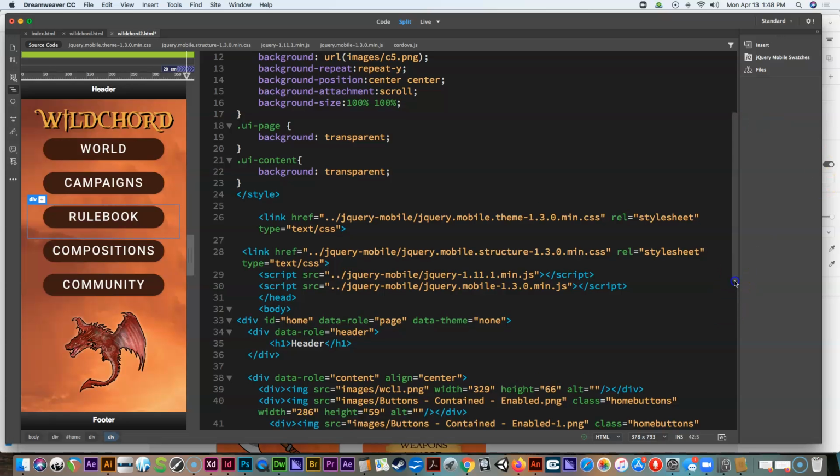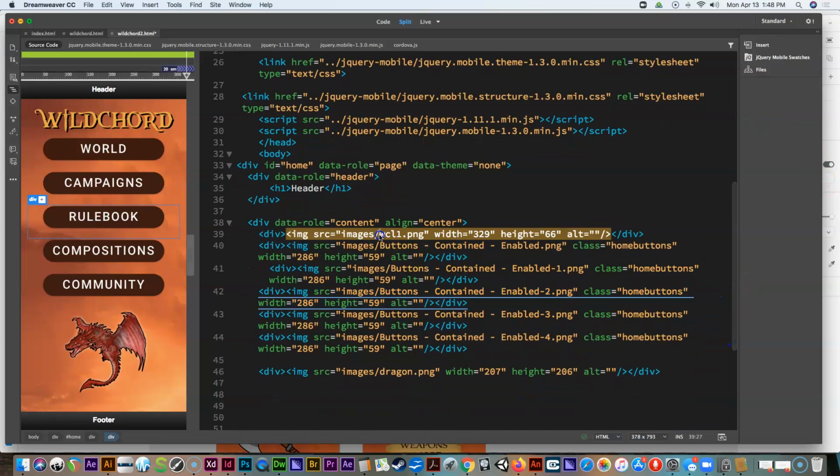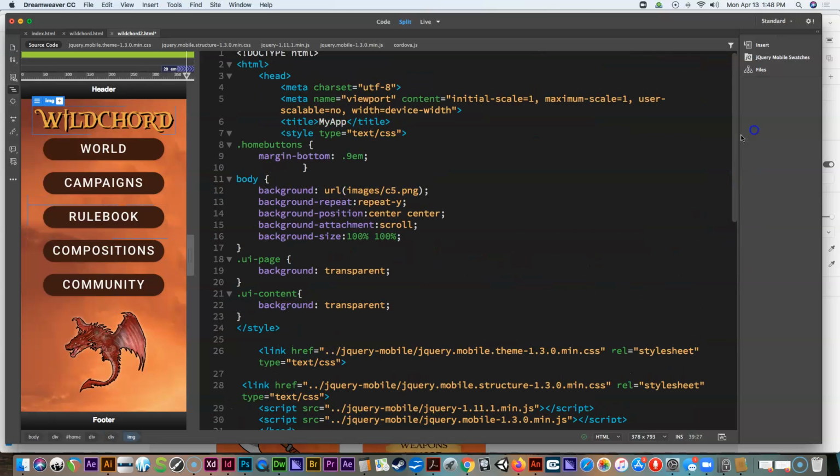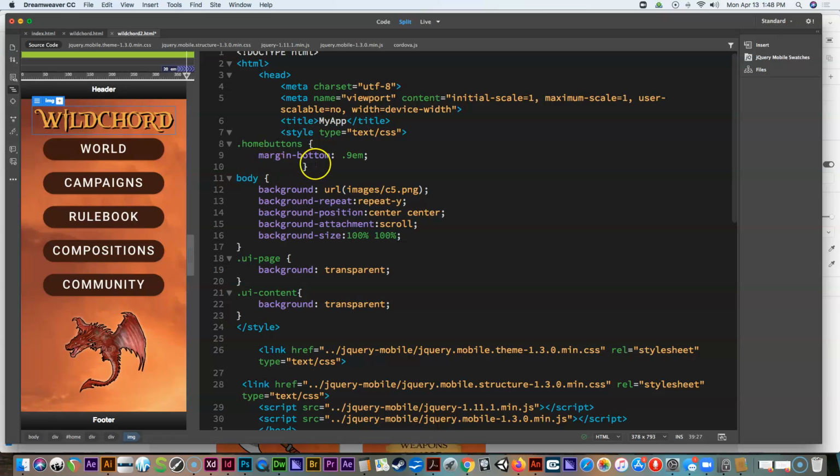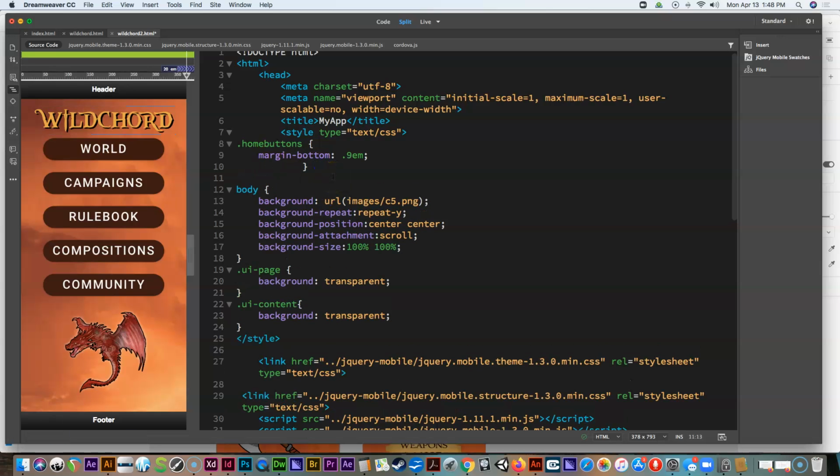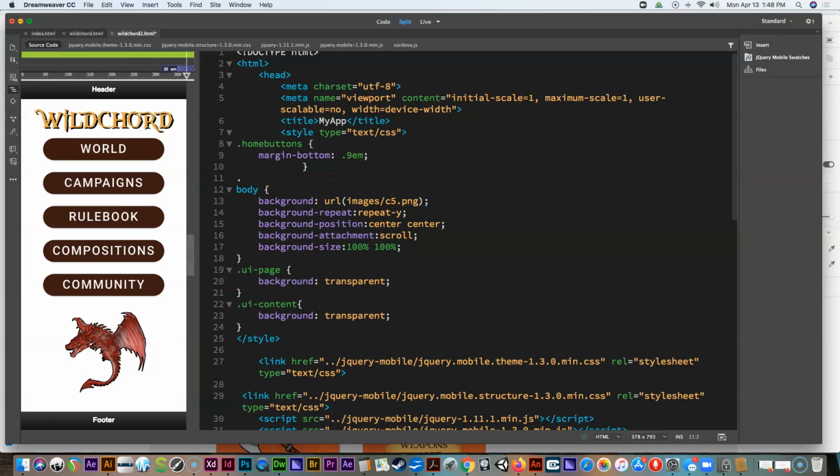Now I could do that. I could do an inline style, which means I could find the logo and I could put the style right there. But one of the advantages of having a little style sheet here is if you create a style once, like a class, you can call it over and over again. So I'm going to make a class called